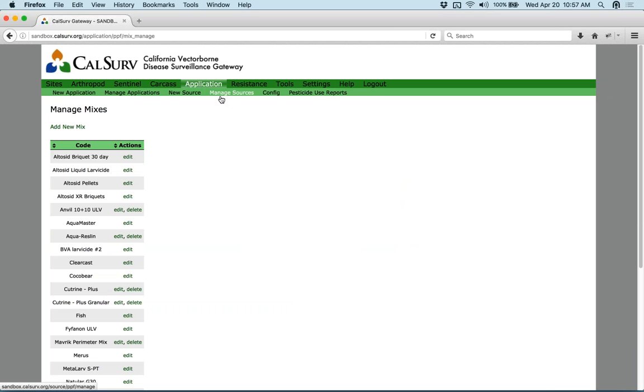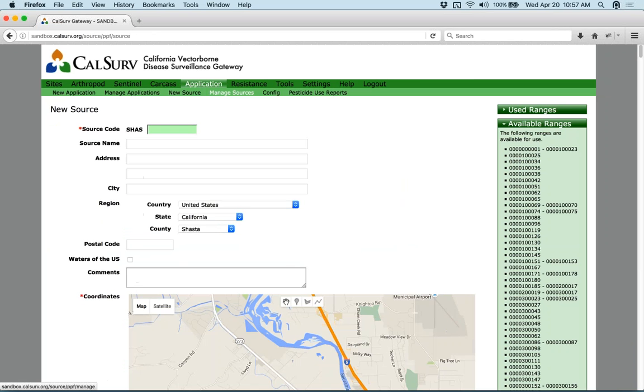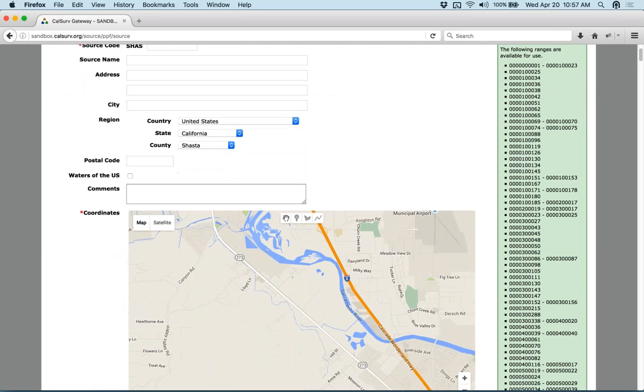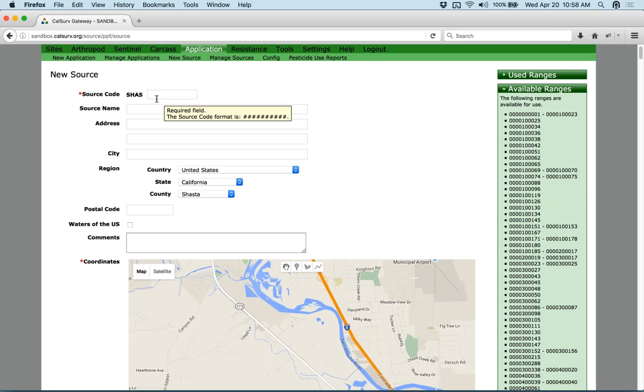The last thing you need to define are the sources. Sources differ from sites slightly, because all the sites in the system are points. For sources, you can also define your sources as points, but we also allow you to define them as polygons or as lines. So going from the beginning,